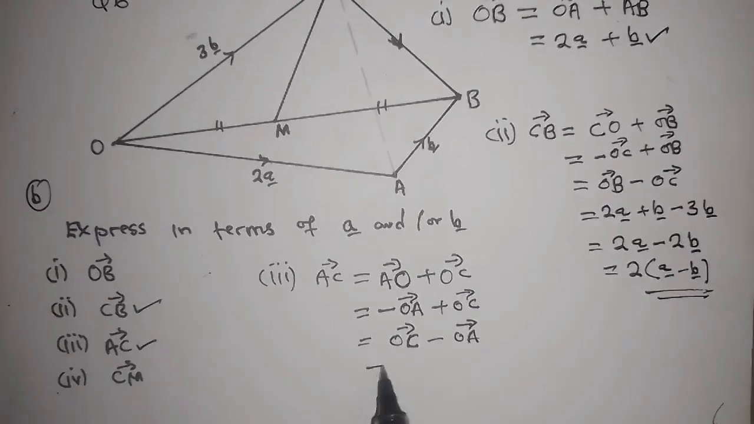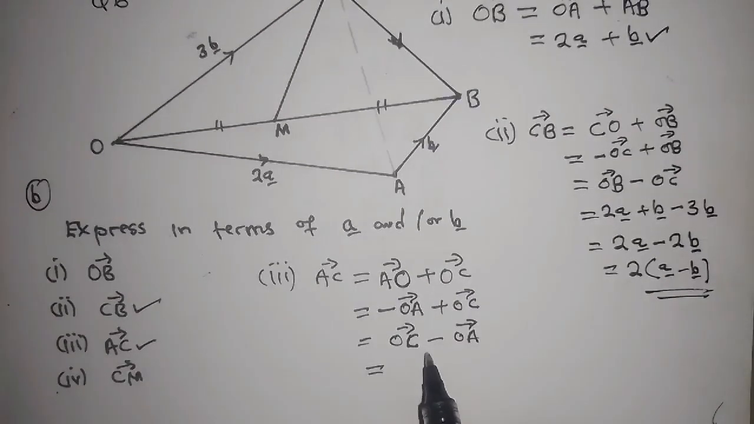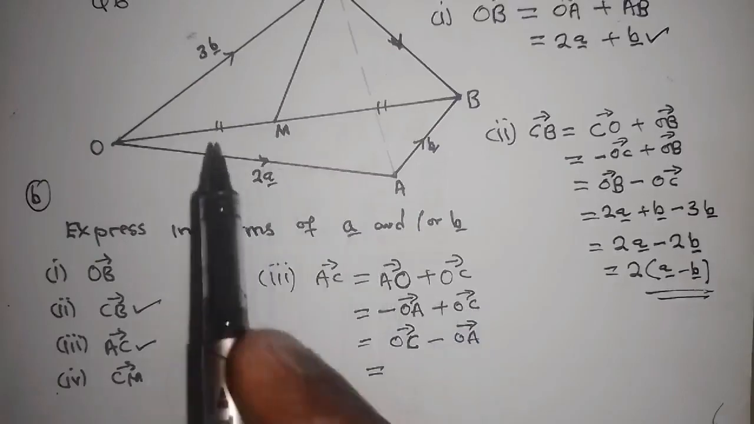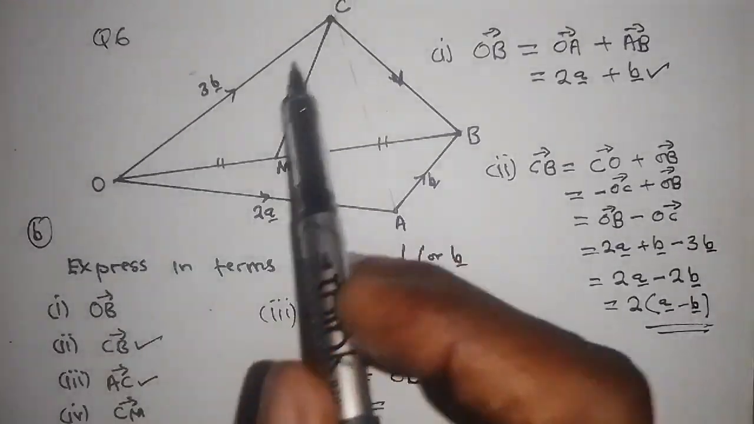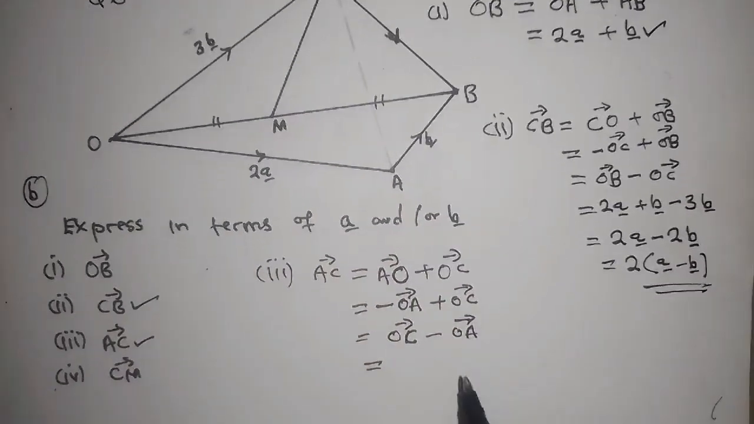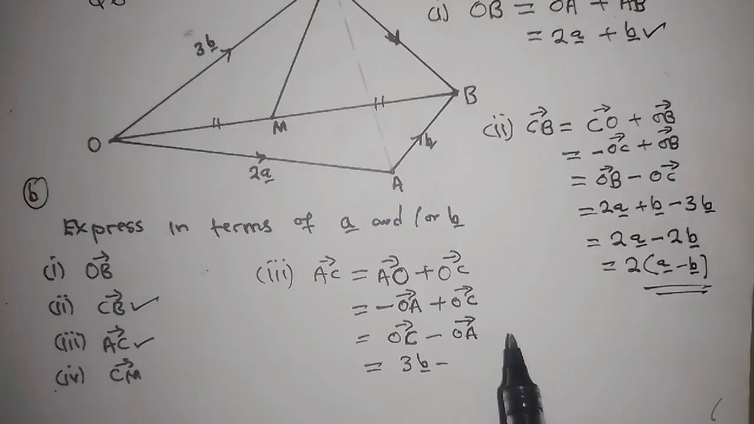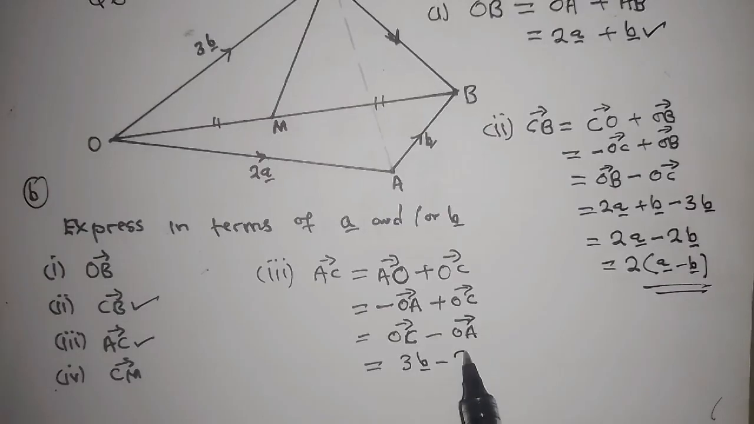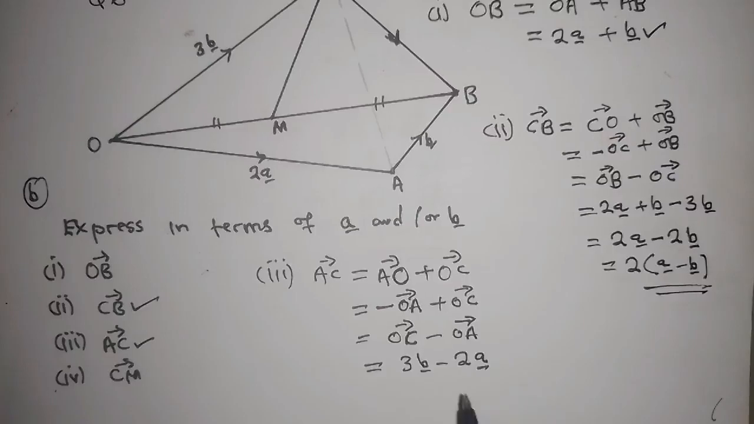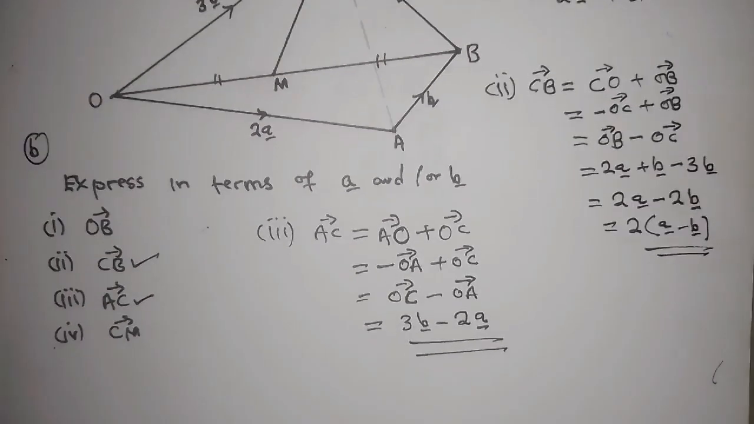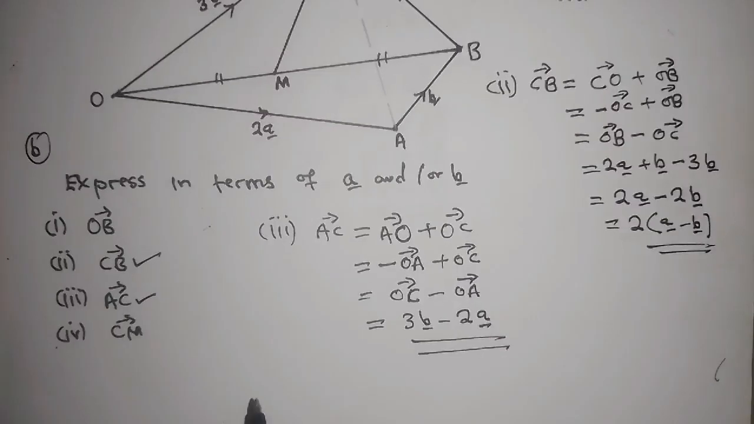Now we know what these are. OC is simply this one, 3B. So 3 vector B minus OA is just the 2 vector A. And that's all you needed to do. And then for the last one, which is